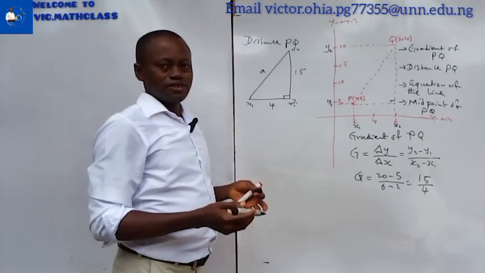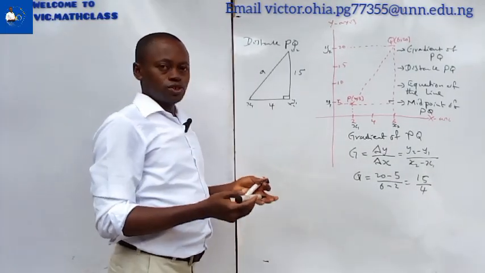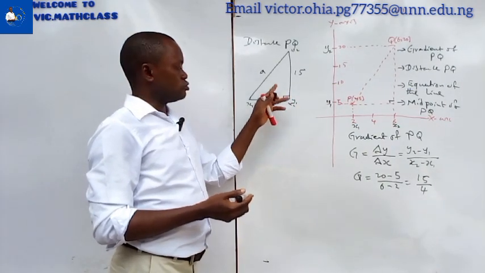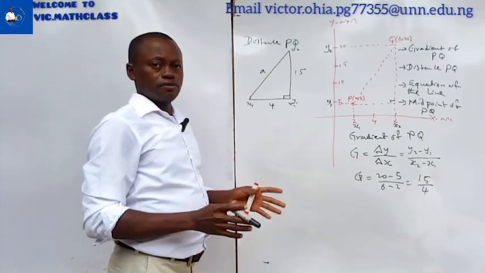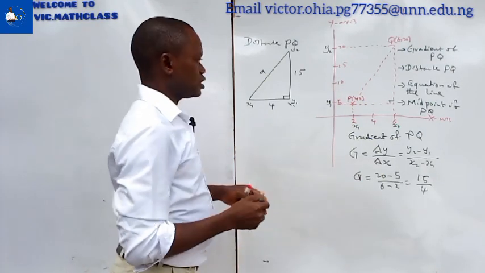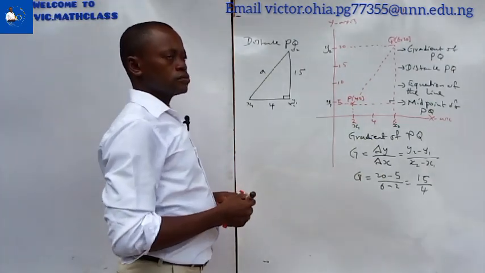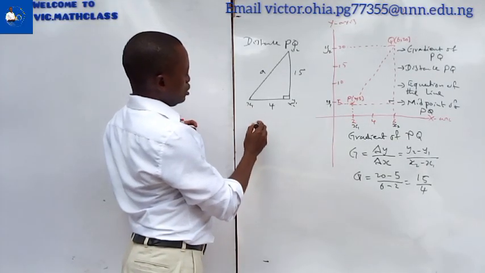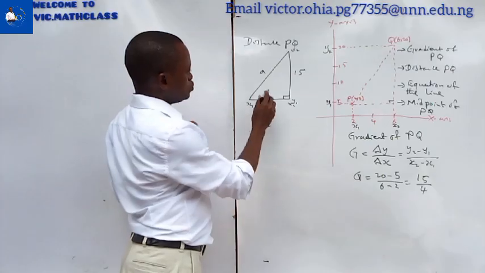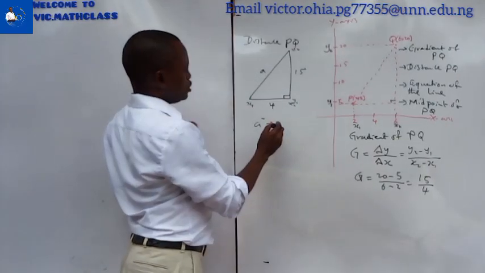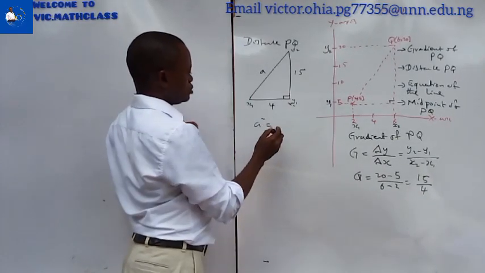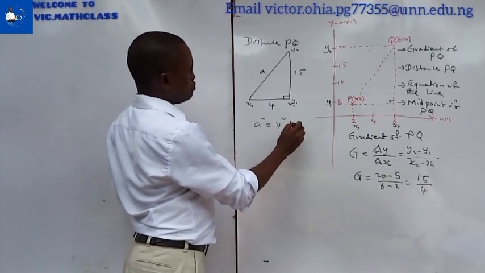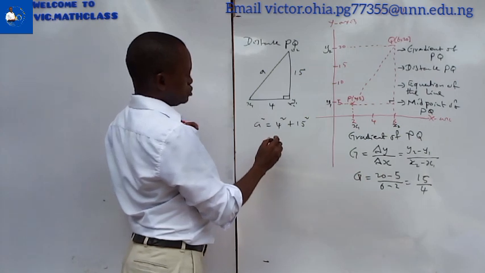So that is simply going to take us back to Pythagoras theorem, which you use in solving the sides of a right angle triangle when two sides are given. So far as it's a right angle triangle and two sides are given, we use Pythagoras theorem to solve that. So let's take it. A squared, the hypotenuse squared, is equal to the square of the adjacent and the square of the opposite sides. So we'll be having 4 squared plus 15 squared,